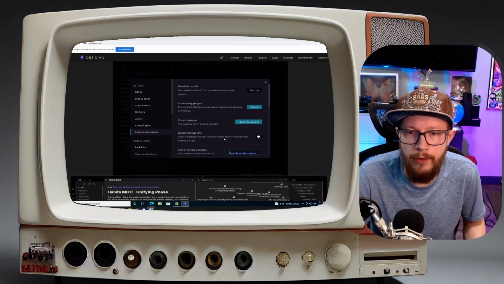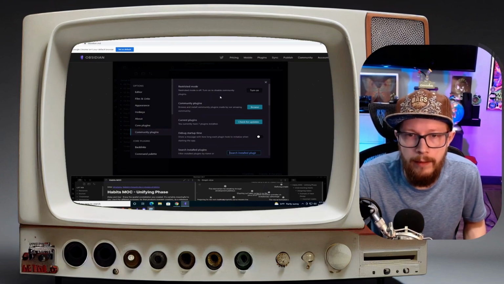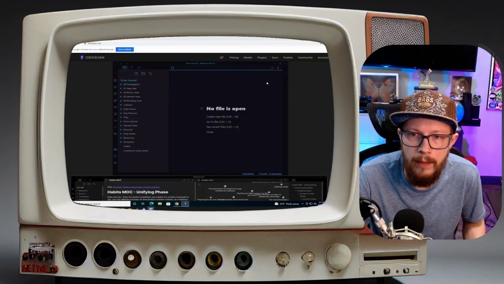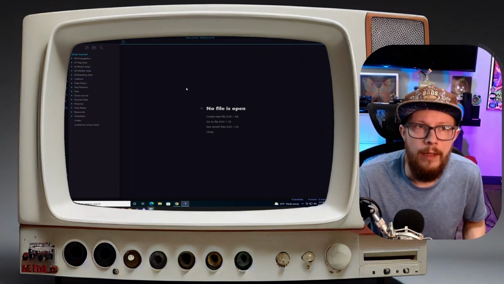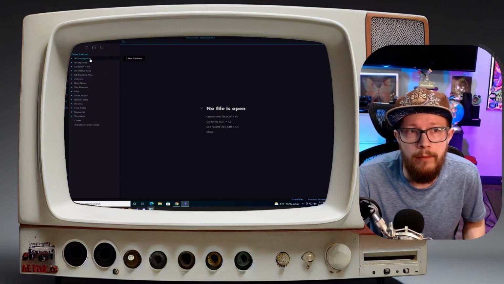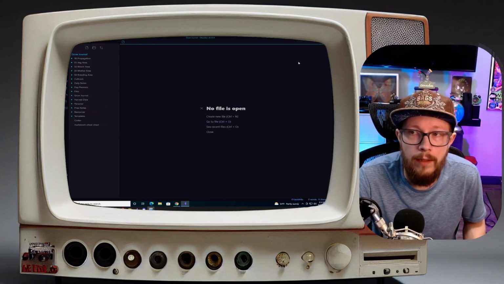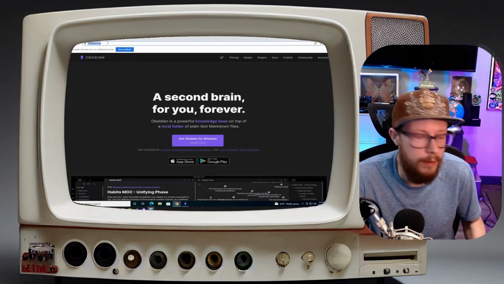Now afterwards, it's going to bring you right into the options menu for Obsidian, and you don't technically need this right away, so you can close this out. And we now have Obsidian installed on our computer, and we have the Grow Journal template installed into Obsidian. The next thing you're going to want to do is minimize Obsidian and go back into our internet browser,